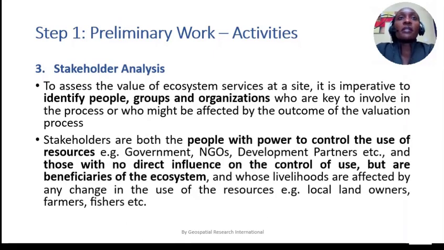So the next step in the preliminary work is a stakeholder analysis. The stakeholder analysis is one of the most, I would say, very critical stages of any socio-economic valuation, where a team to undertake the valuation is constituted. Remember, for the valuation process to be credible and for its outputs to be widely acceptable, it has to be a highly participatory process that involves many different people and even institutions that have varying interests in a particular natural